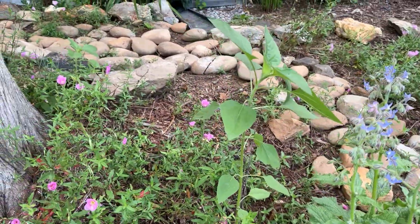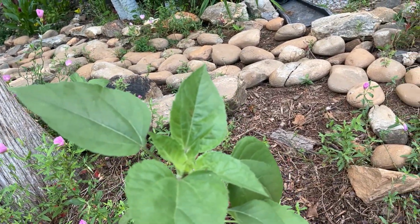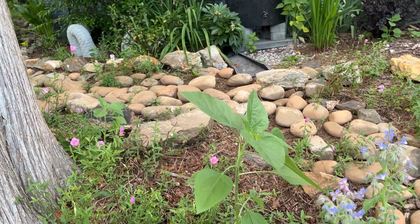And I do feel like I have a fair number of zinnias, but I also think I have a fair number of sunflowers that I thought initially were zinnia seedlings. So,